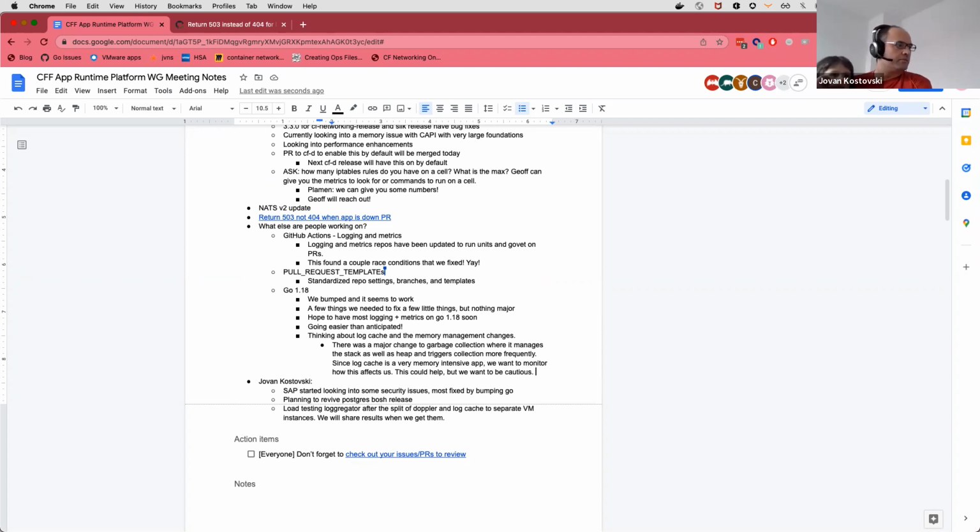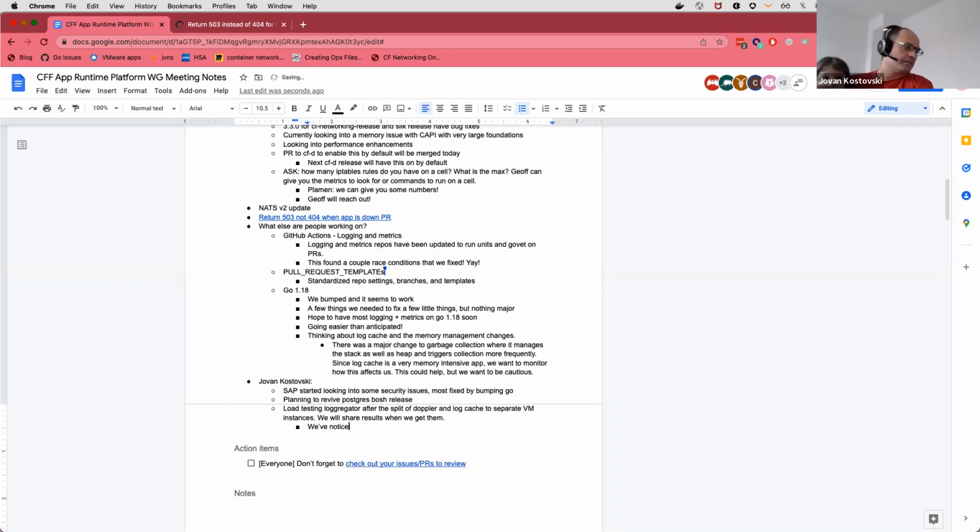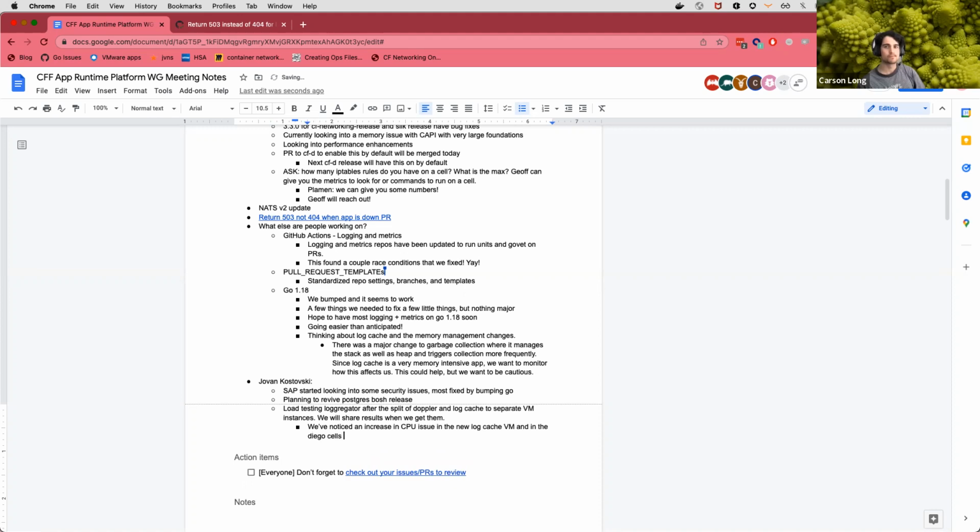So during our tests, we've also noticed some increase in CPU usage as well. Yes, in the new log cache VM, and on the Diego cells also, because now the Syslog agents are more active.